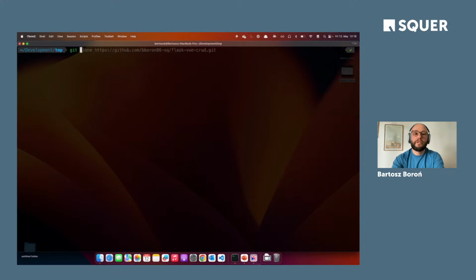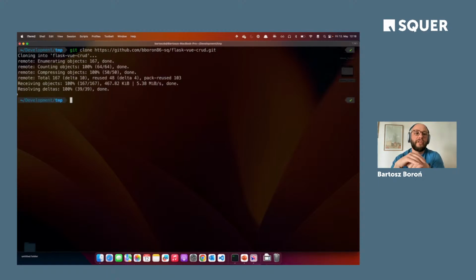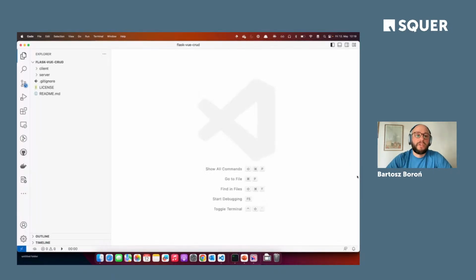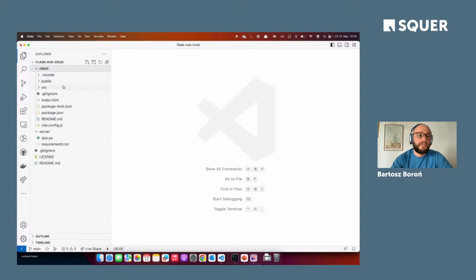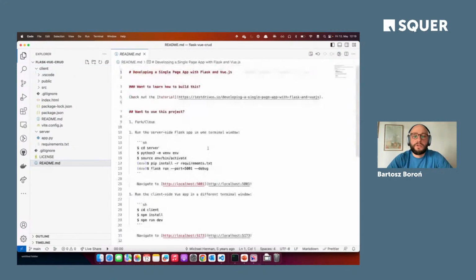So what I do is I have a repository prepared, which is basically a simple Flask and Vue kind of service that has nothing prepared for dev containers. You see, it's just a plain repository with some server code, some server app, and there's also a Vue-based client code inside.